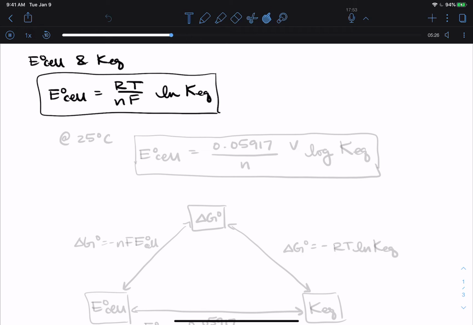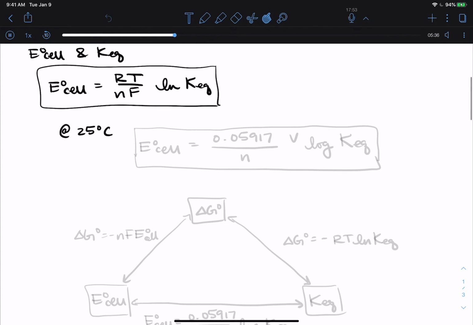Now, because we do so much under standard conditions, there's actually a version of this where at 25 degrees Celsius, we've plugged in temperature, we've plugged in R, which is the gas constant, and we've plugged in Faraday's constant. So the simplified version is that the standard cell potential is equal to 0.05917 volts